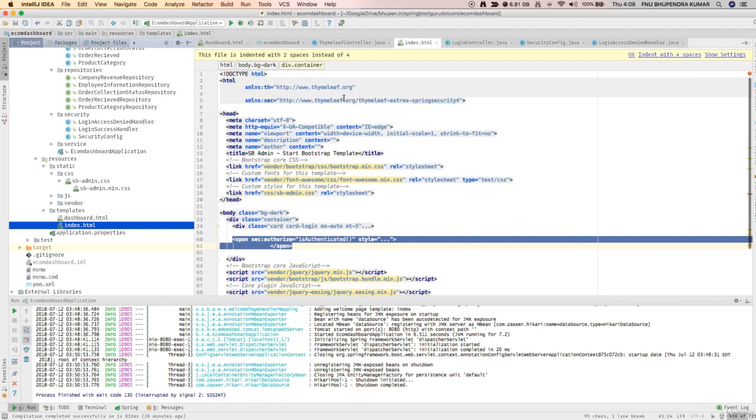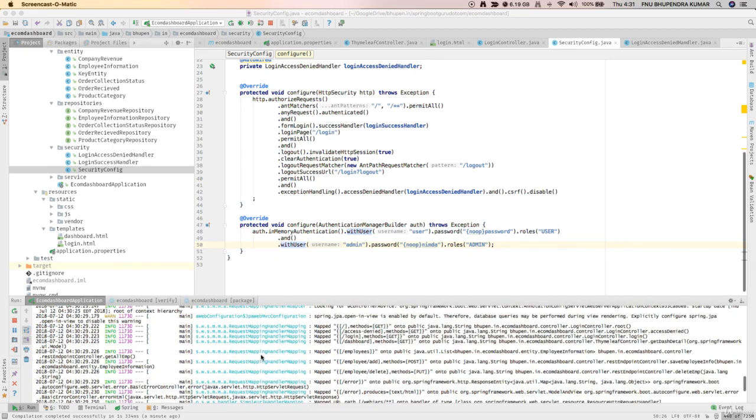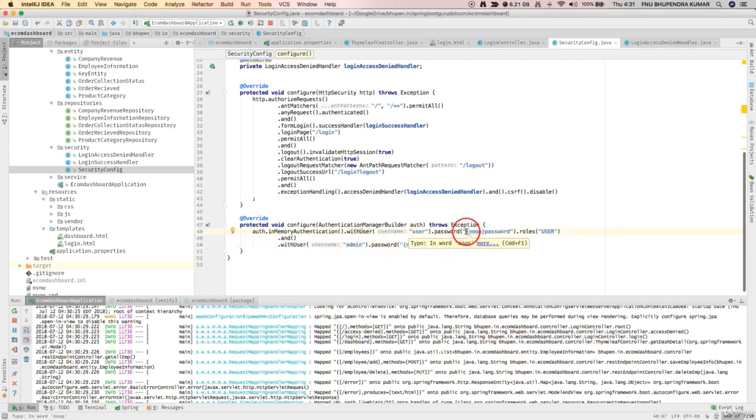Let's try to run and see whether it works or not. So it didn't work, and I got an error that it has to be a password encoder. So one thing that I missed out was when I say I forgot to put noop. Noop is actually telling Spring Security not to apply any password encoder. So once I put this one and then I run it,